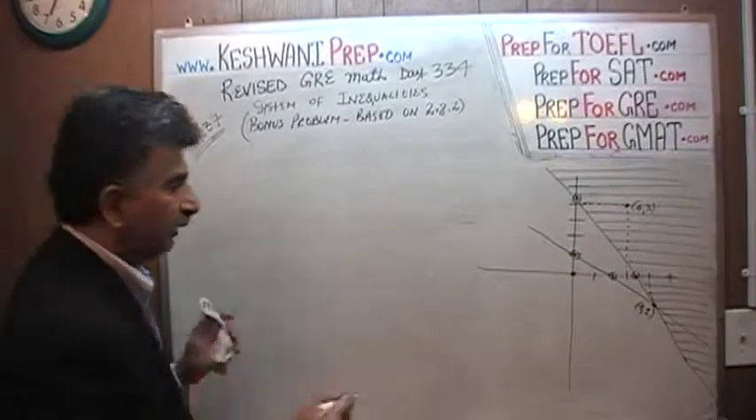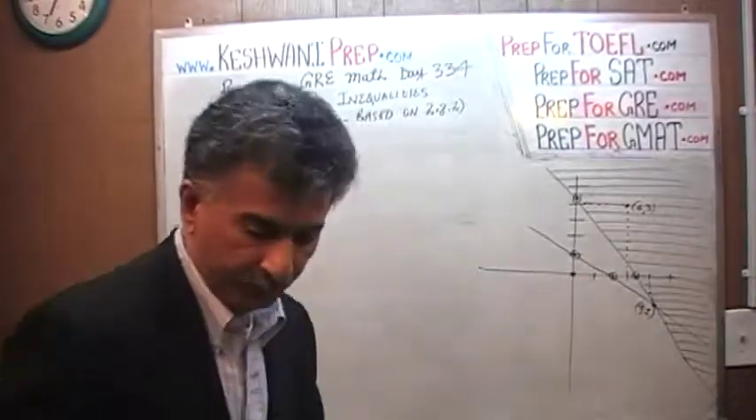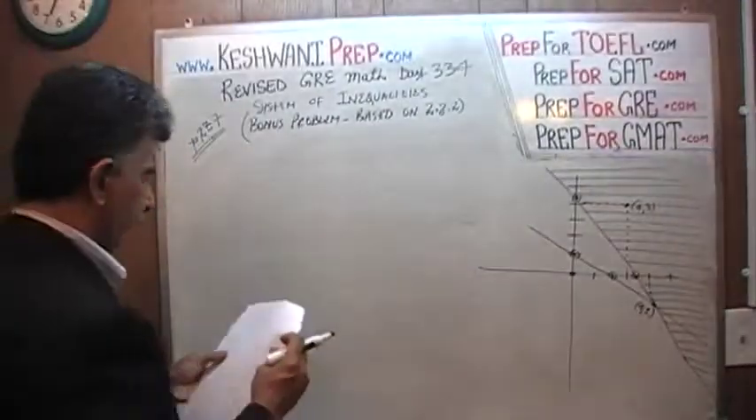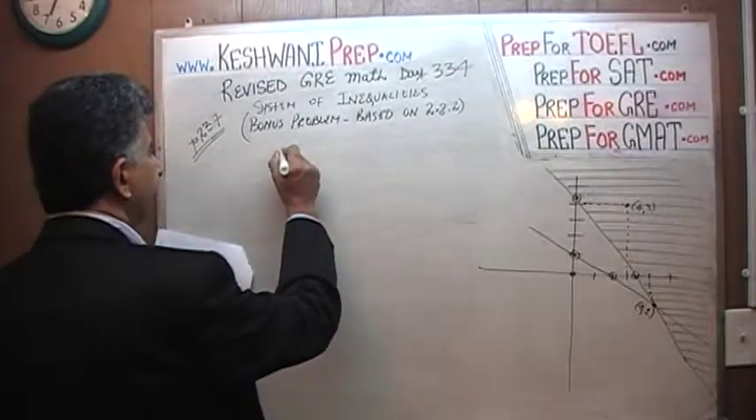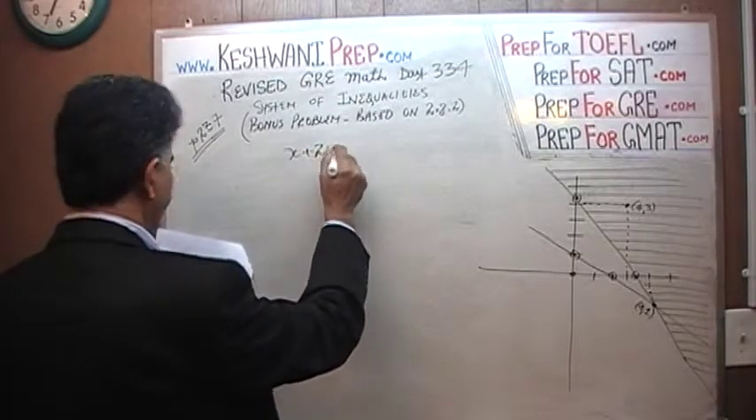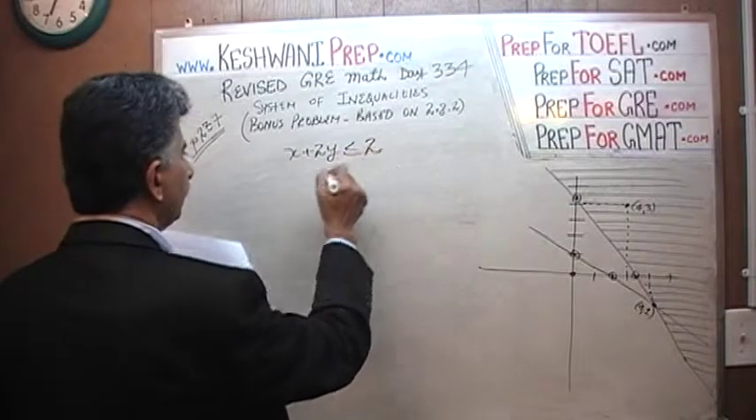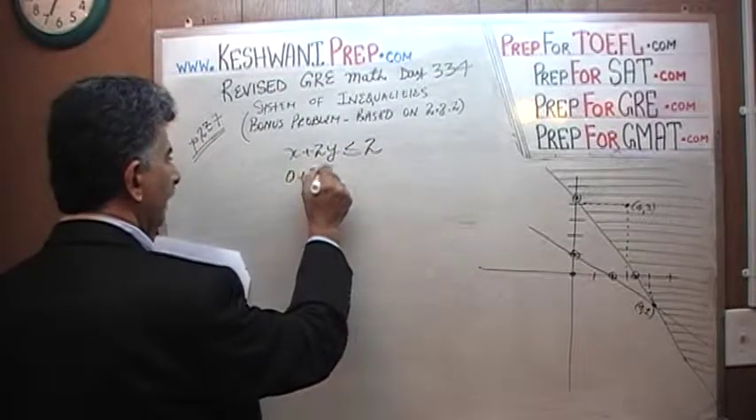Again, the trick is very simple. Look at the point of origin and look at the inequality. The inequality says that x plus 2y is less than or equal to 2. When x is equal to 0 and y is equal to 0,